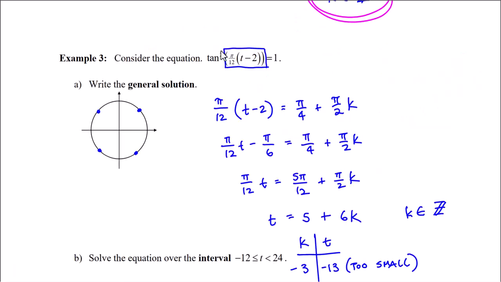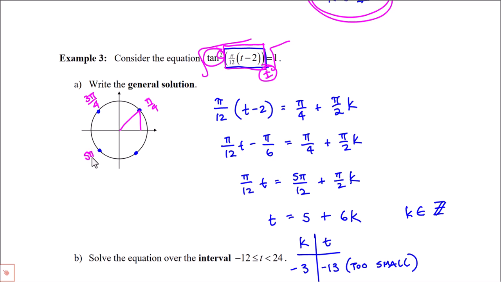So this is tangent squared of this expression. To get rid of the squared, I root both sides. A students, don't forget the plus or minus. And tangent is 1, right? When x and y are the same. So that's again pi over 4. But since it's plus or minus, 3 pi over 4,